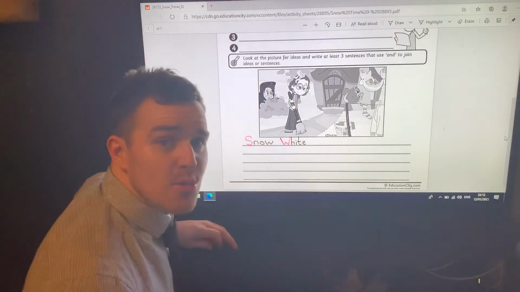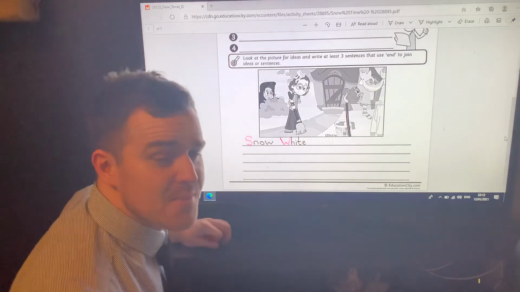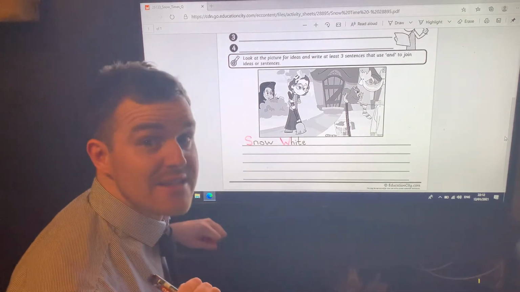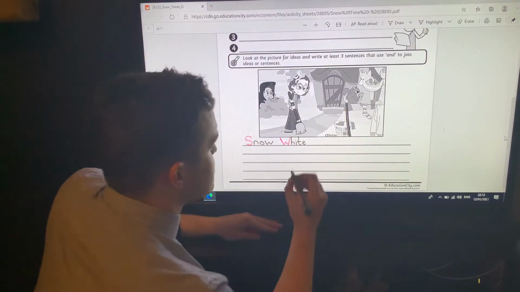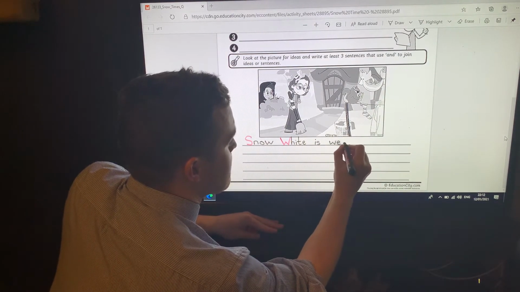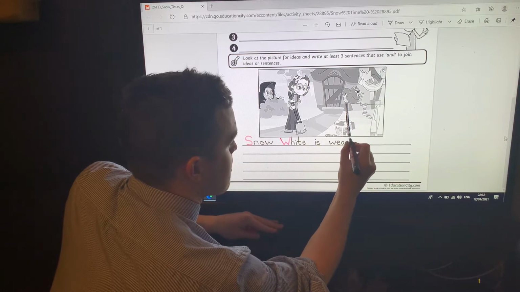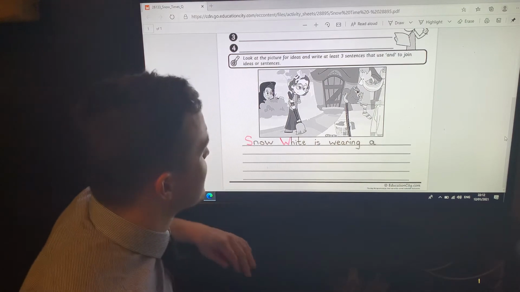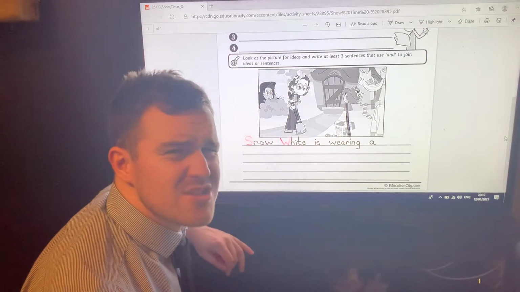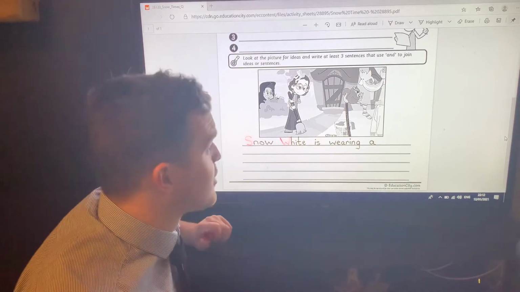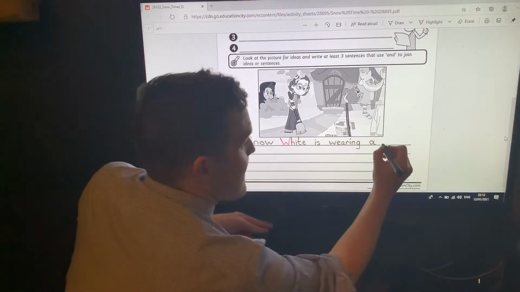I might talk about what she's wearing actually in my first one, but remember, you need to use and, so I'm going to have to think of 2 different things that she's wearing. So I'm going to say Snow White is wearing, she's wearing a dress. Would you say it's a dress? I would say it's a dress, but I'm in year 1, so I'm going to put a describing word in there. I'm going to say a long